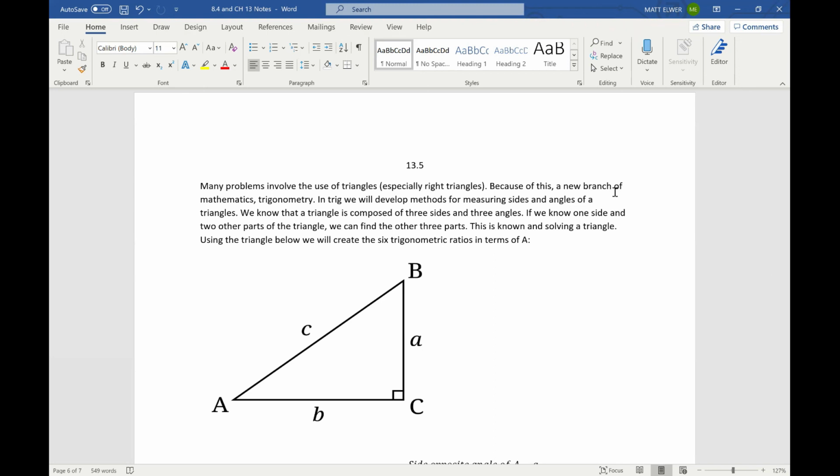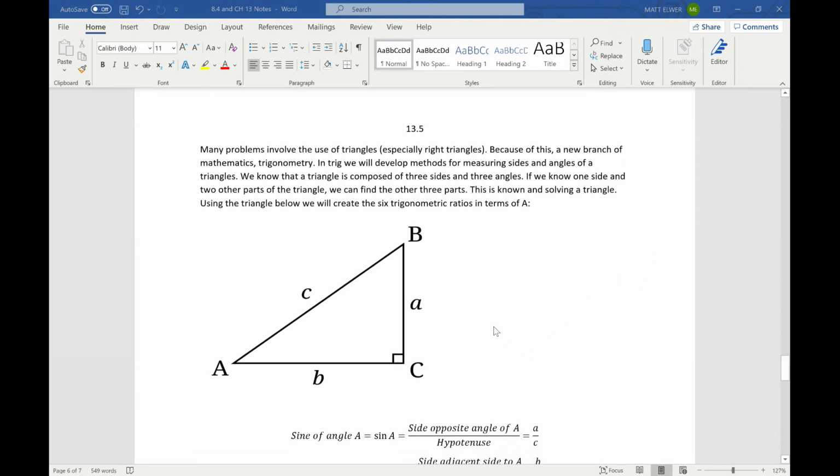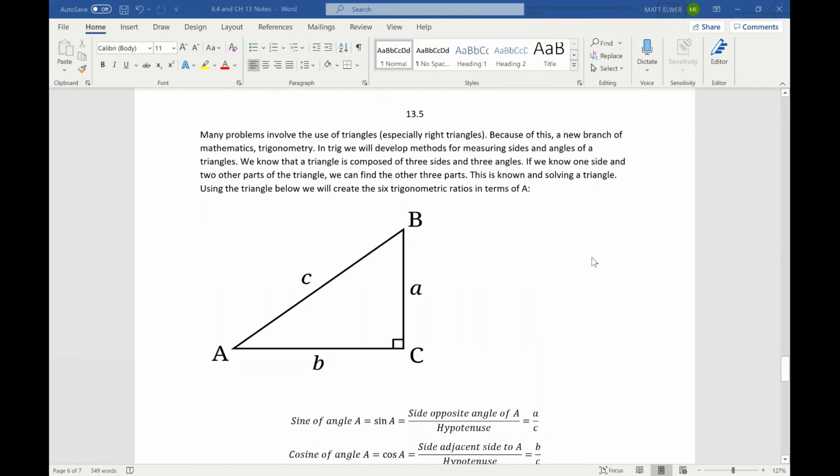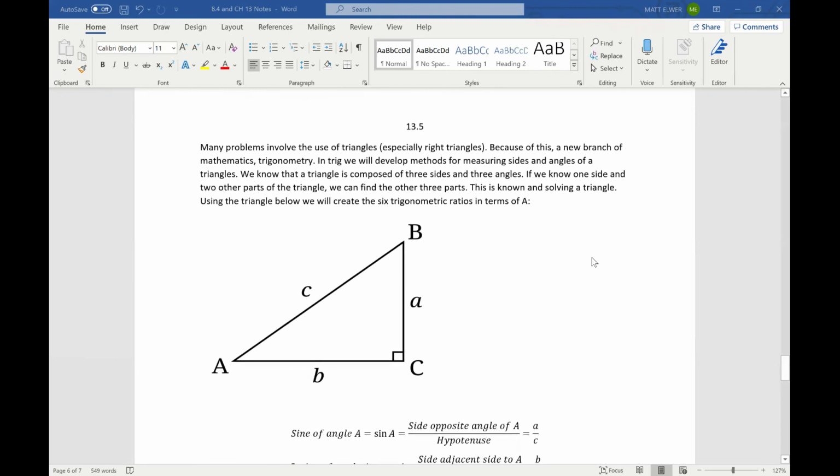Okay, so back to this. This is known as solving a triangle. When we're solving a triangle, we can use these things called trigonometric ratios. I'll define them explicitly here, at least the first 3, and then we will find out what the last